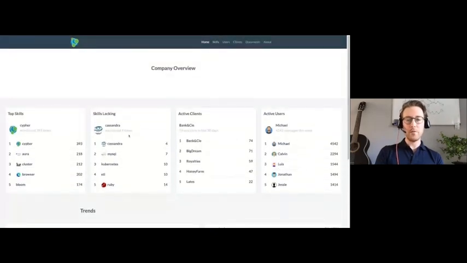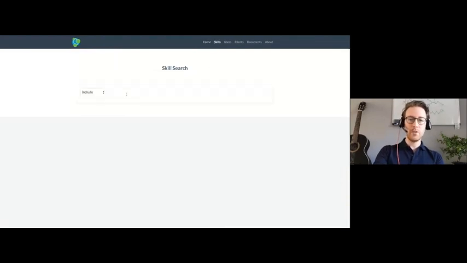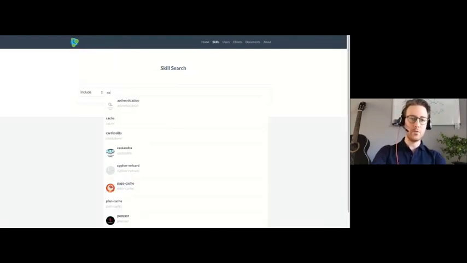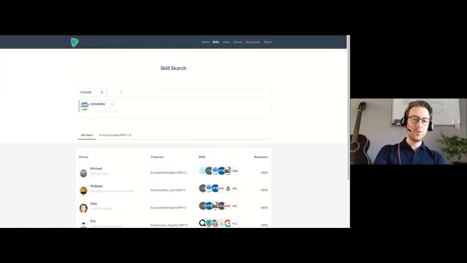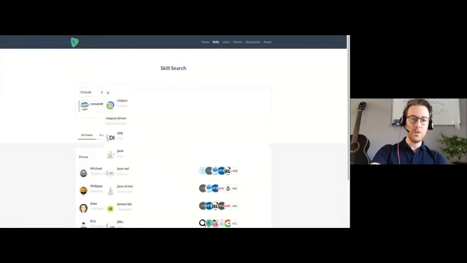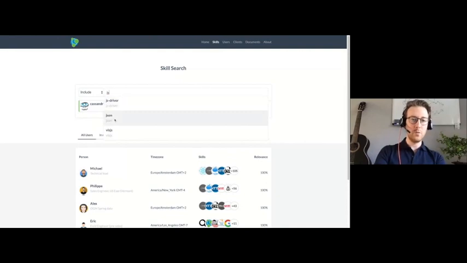Once we figure out which skills we are lacking and which customers have some activities, we might want, let's say, to load some JSON into the Cassandra database, but we don't really know how to do it because we don't have the competencies. Well, with this skill dashboard, I can just look for the skill Cassandra, right? And then I just want to load a JSON, so I can just look for JSON.